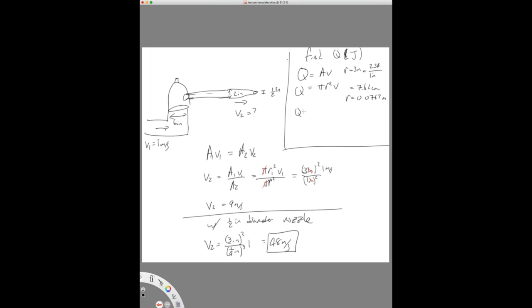So my flow rate is pi times 0.0762 squared times 1 meter per second. So these are meters. When I multiply by a meter per second, I'm going to get meters cubed per second. And what I get is 0.018